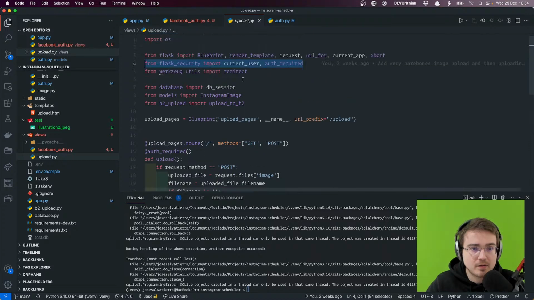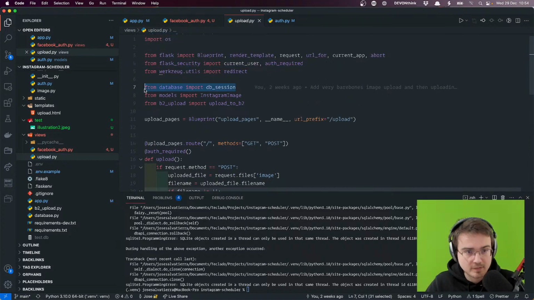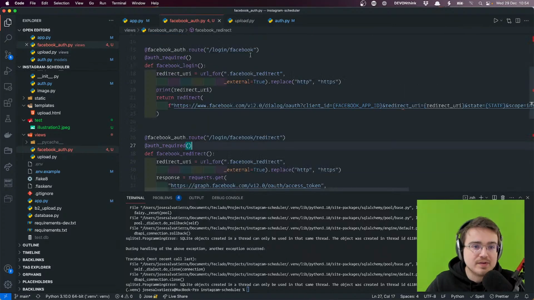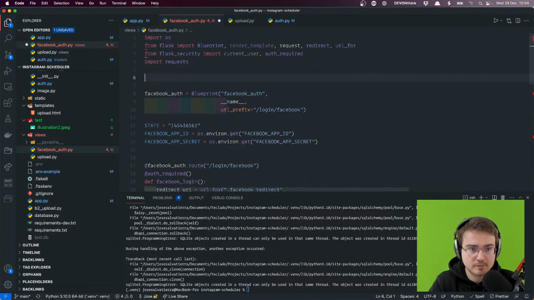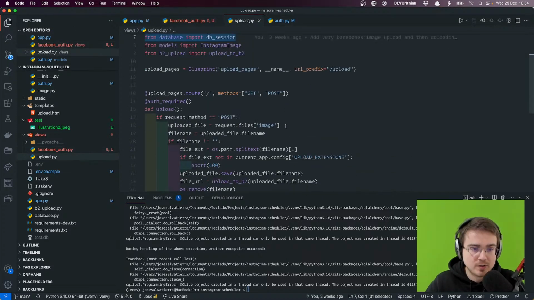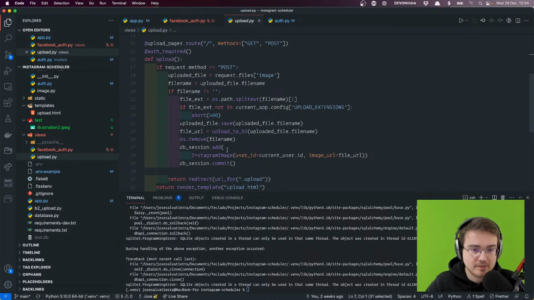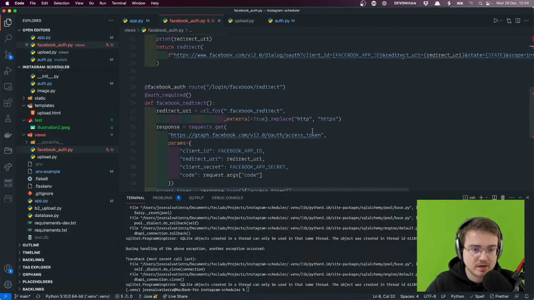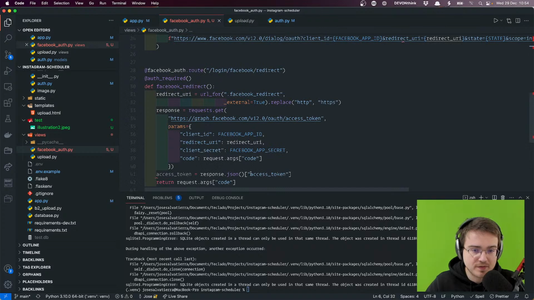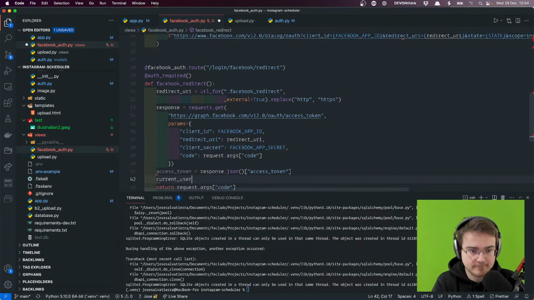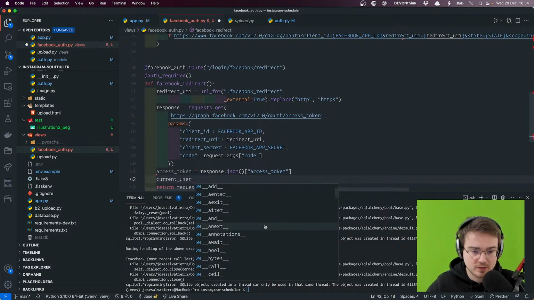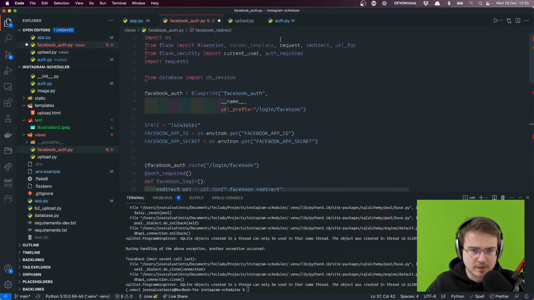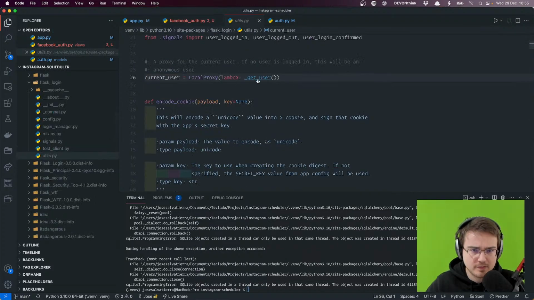And we are also going to need from database import db session. And then what we'll do is we will add the current user, but having been modified. Current user dot, and current user is